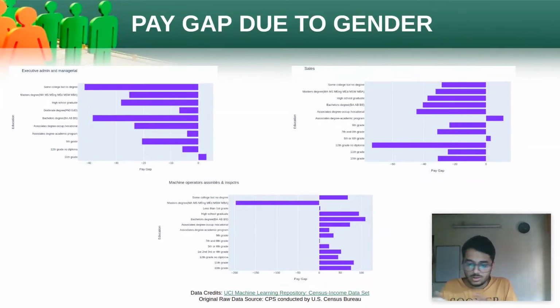Although most occupations did not show any common trend, some of them, like sales, let's say, or managerial roles, clearly show that females are paid much more in such categories of jobs, no matter their level of education. You can also see an interesting trend over here: if you are looking at machine operators or assemblers, females with a master's degree are paid a lot more than men. However, females with all other levels of education are paid less than men. So this kind of concludes that yes, pay gaps exist, but it's not unidirectional. In some way, it depends on the occupation.